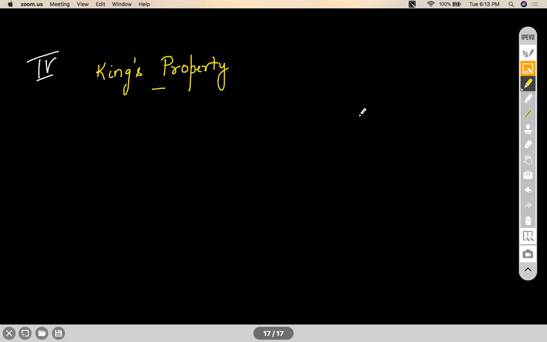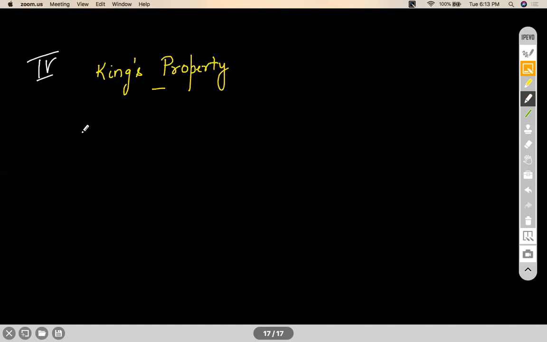This property is the most widely used of all the properties, and in almost 60 to 70% of the questions you are going to use this. Okay. What is this property? This property says